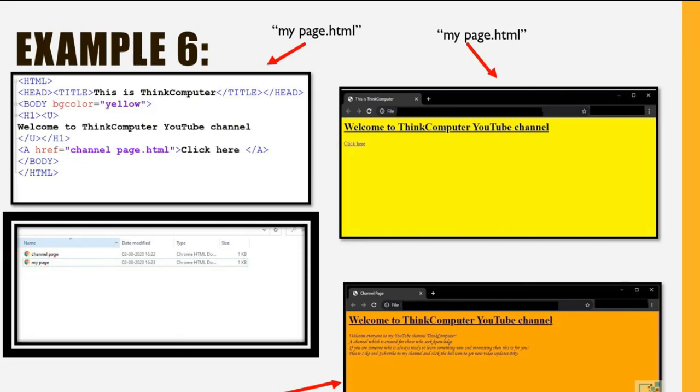In that case, when I am writing mypage.html like this one, I have to write a href equal to channelpage.html, click here, and then a closing a. So this part is the opening tag of the anchor and this is the closing tag. Any text you specify inside of the anchor tag works as a hypertext. That means it is activated as a link. So this piece of text will be displayed like this.